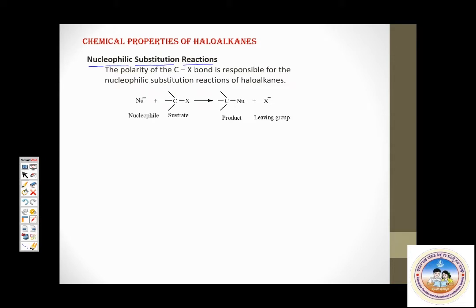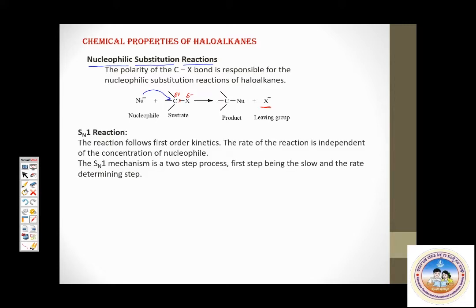You all know this. A nucleophile, which is an electron rich species, attacks the carbon atom attached to halogen, because the halogen atom, because of its electronegativity, withdraws sigma electrons towards itself and therefore acquires a partial negative charge, whereas carbon here acquires a partial positive charge, and hence it gets attracted by a nucleophile. So the nucleophile attacks this carbon and the halogen atom is made to go out as halide ion. This is the leaving group. So the nucleophile displaces another substrate, that is halide ion, and hence this reaction is called nucleophilic substitution reaction.